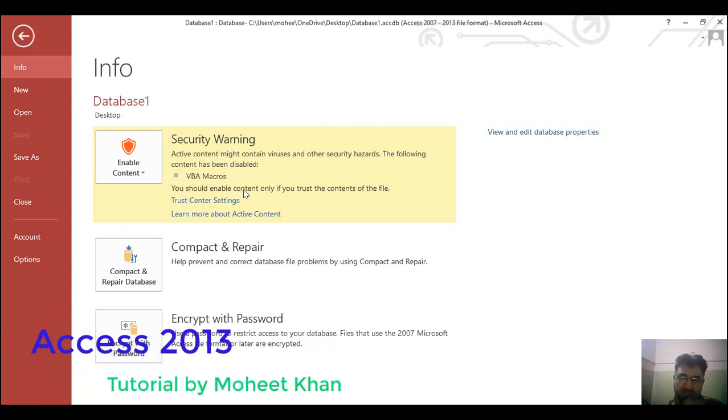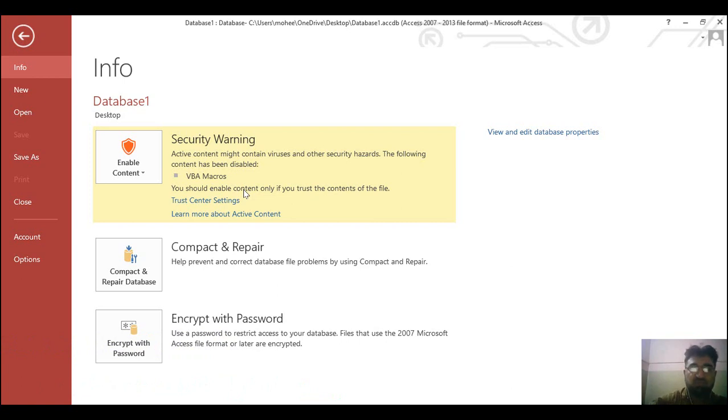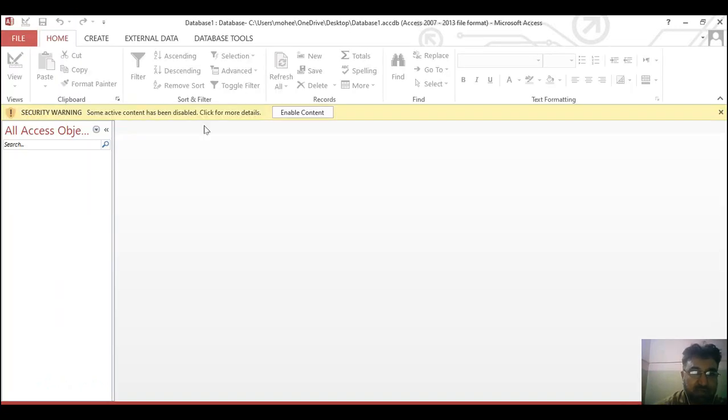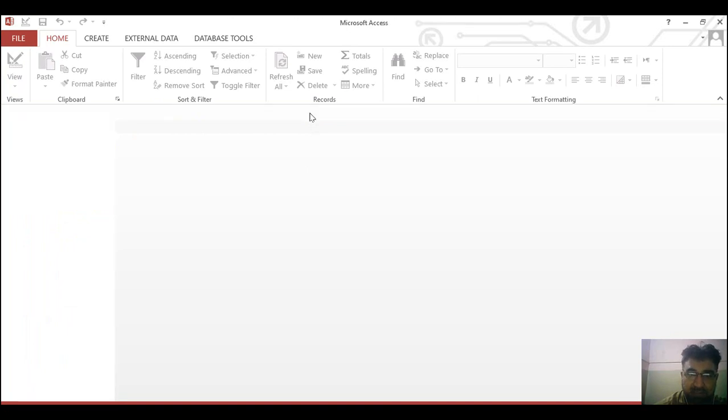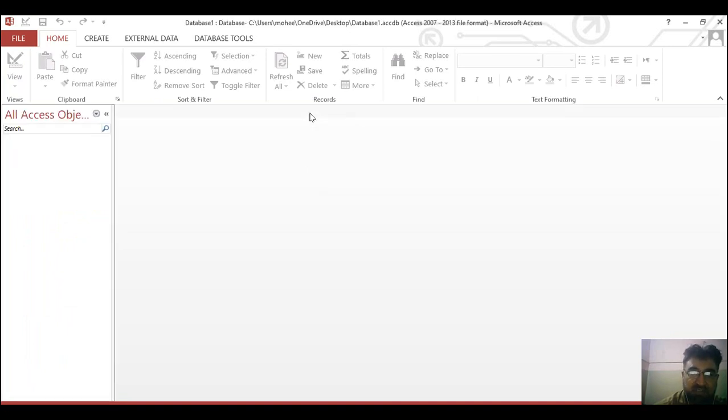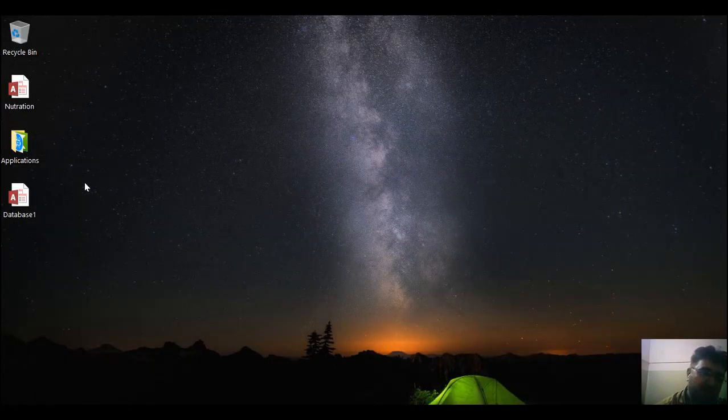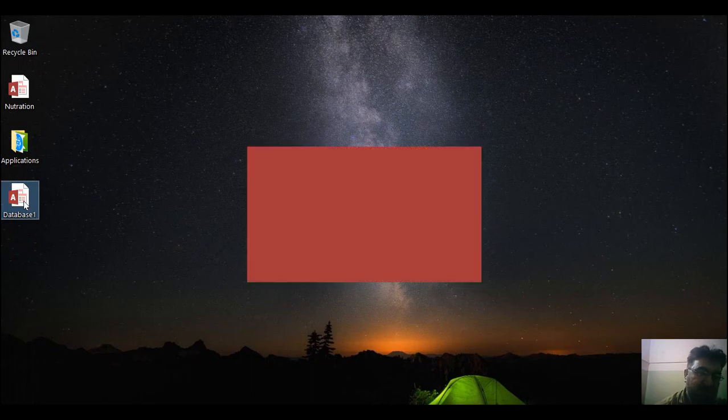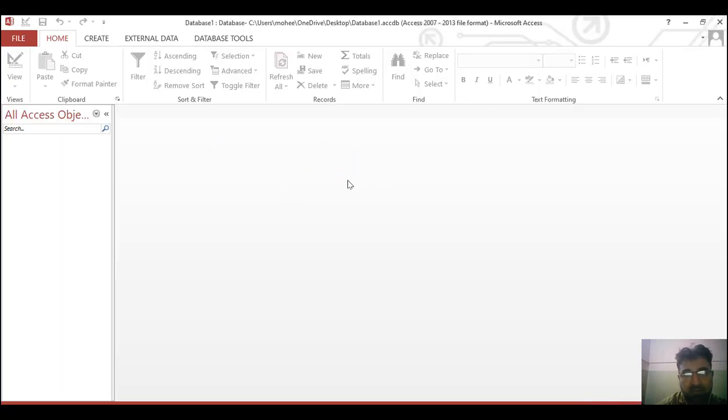If we trust it, we tell Microsoft Access that we trust it, then Microsoft Access does not show us this warning again. Suppose I go back and enable this content, once I have told Microsoft Access that I trust this database. When I close it and click this again, now look at this, it does not give me this warning sign again.